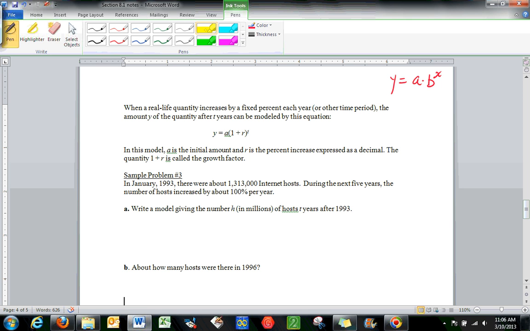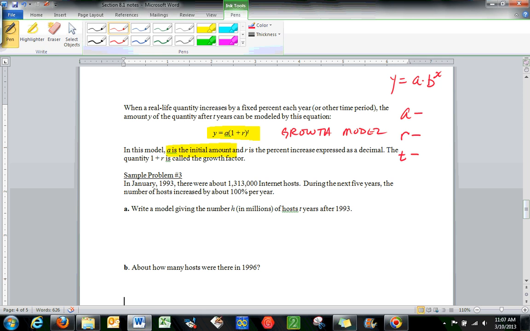And so this new equation that we have right here is called a growth model. Now, you can see by looking at it, it has a lot of the similar parts to the exponential growth function that we dealt with in the previous lessons. But we're going to take this and we're going to apply it to some real-world scenarios. So it gives us some new parts that we have to learn. We have an A value, we have an R value, and we have a T value that we're going to have to deal with here. Now, the A value can represent our initial amount of whatever, and so that amount can be